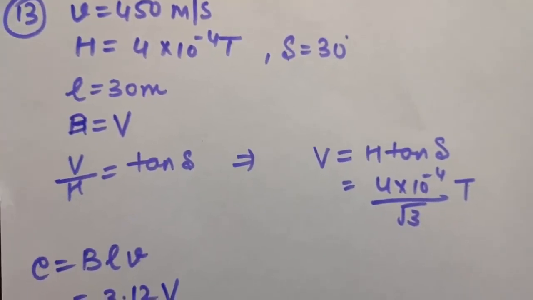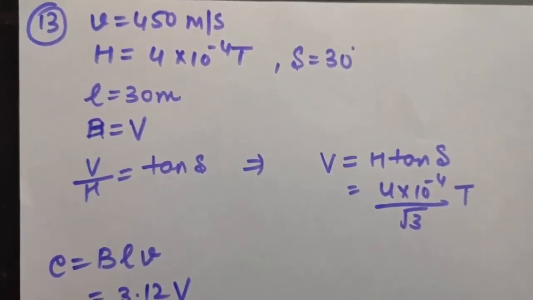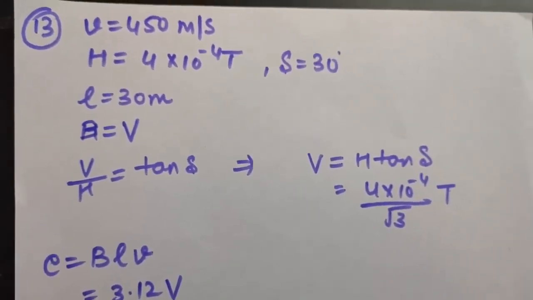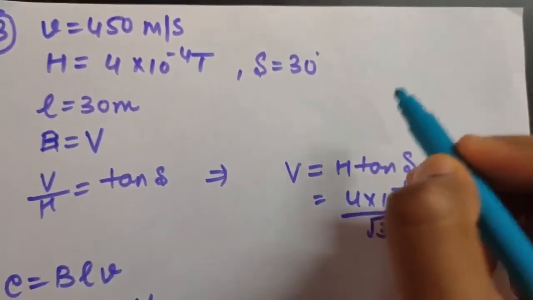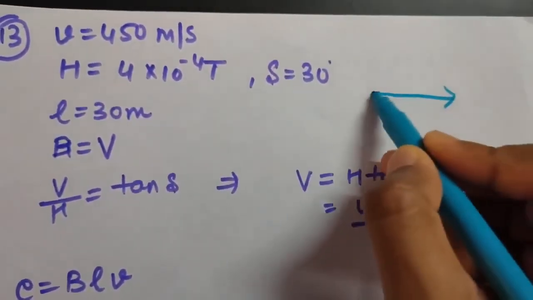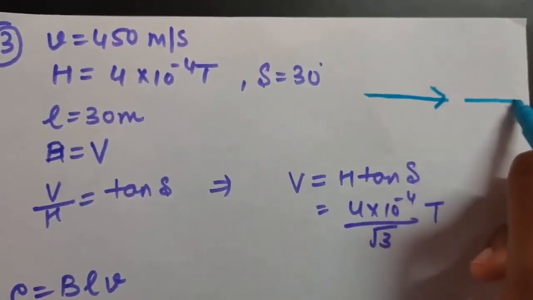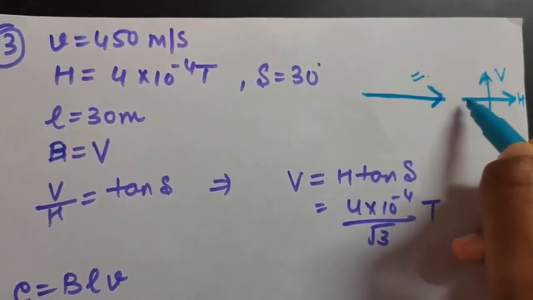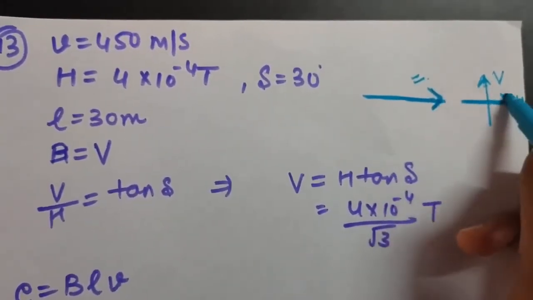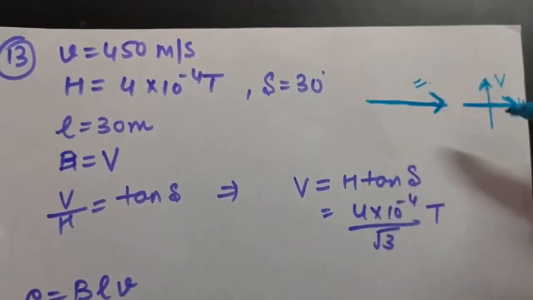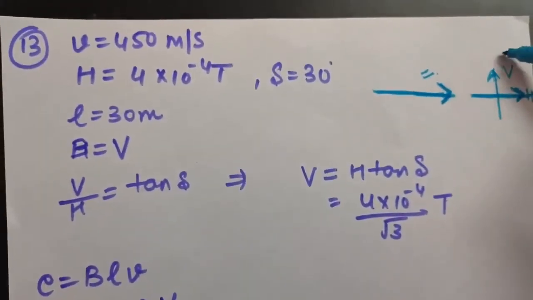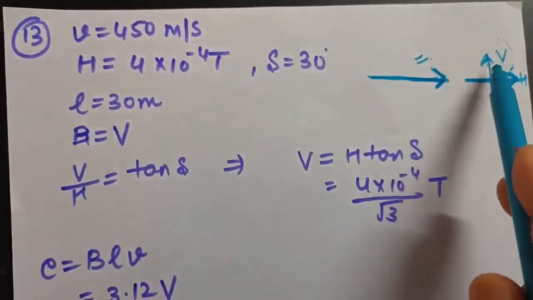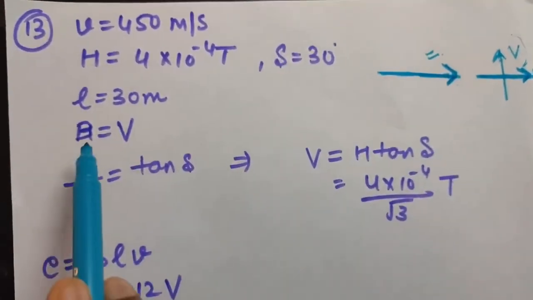Now clearly imagine when the airplane flies, will it cut the horizontal component of Earth's magnetic field or the vertical component? You can easily say it will cut the vertical component. For example, look here. This is the direction of a plane. Now this is the horizontal component of Earth and this is the vertical component. So this airplane will be cutting this only because it is traveling parallel to the horizontal component. Because this airplane is cutting the vertical component of Earth's magnetic field, we will be considering only V. So in this case, the magnetic field will be equal to the vertical component of Earth's magnetic field. That is B will be equal to V.